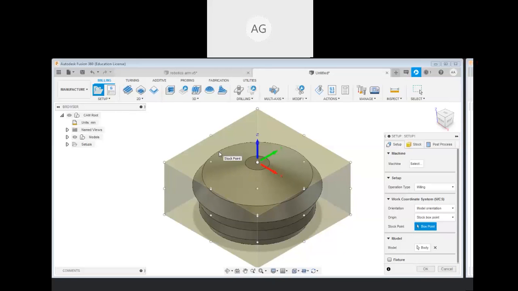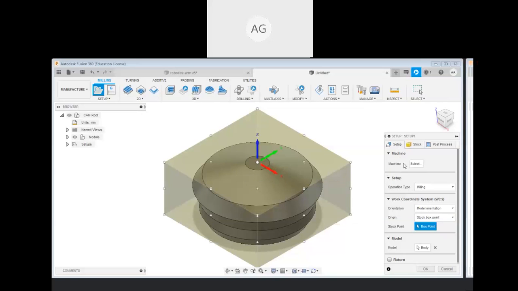Otherwise, you can generate your G code and directly manufacture it. But if we do simulation over here, that is a good way, so that you can save a lot of time and a lot of material cost also. Everything you can simulate over here in a very simple way.